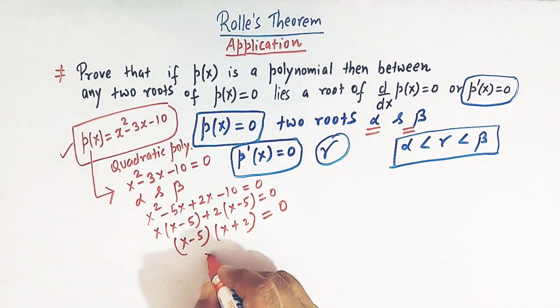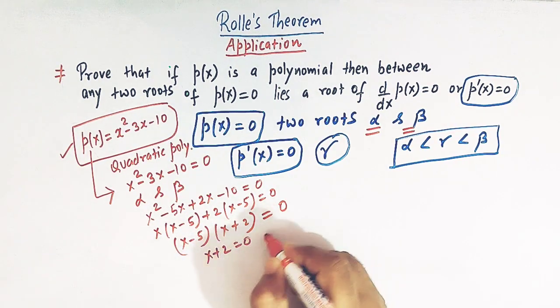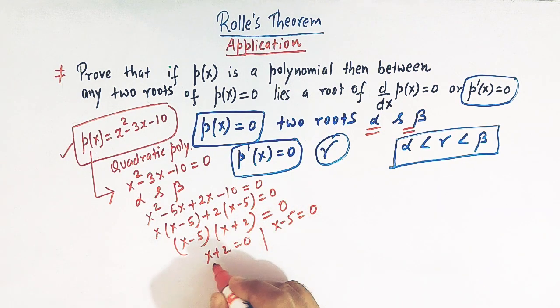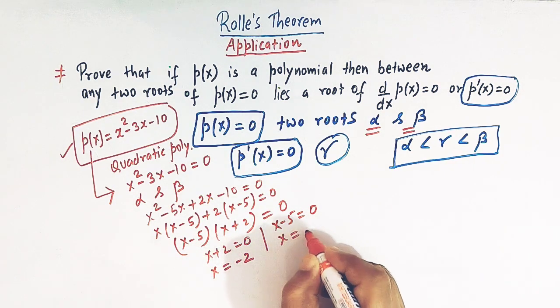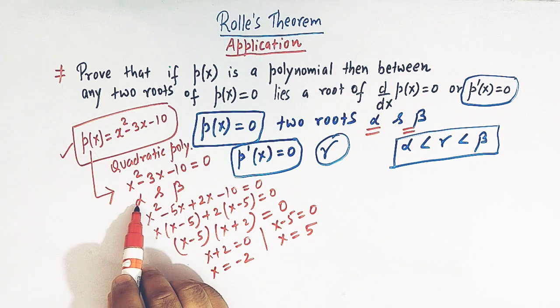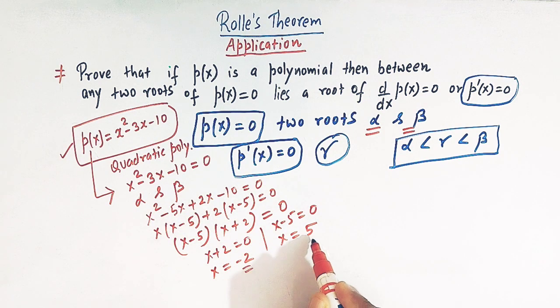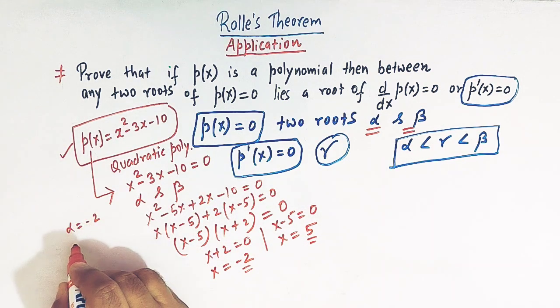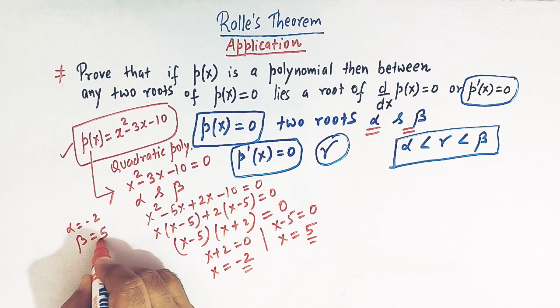So now we have x plus 2 is equal to 0 and x minus 5 is equal to 0. So from here we have x is equal to minus 2, and from here x is equal to 5. So now we have two roots, minus 2 and 5. So let us take alpha as minus 2 and beta as 5,